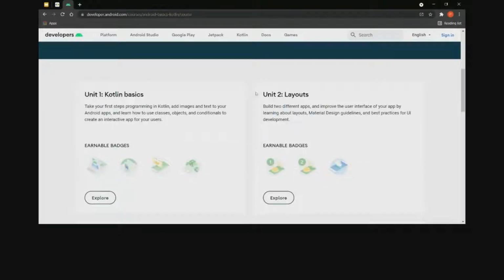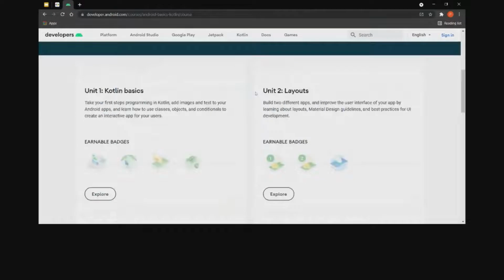So after covering layouts, in the third unit, that is navigation, this is where real development begins. In the navigation unit, you'll cover how to create multiple screen apps. For that, you learn about Android Jetpack's navigation component. It helps you define the routes of your screens, and this unit will also teach you how to transfer data from one screen to another.